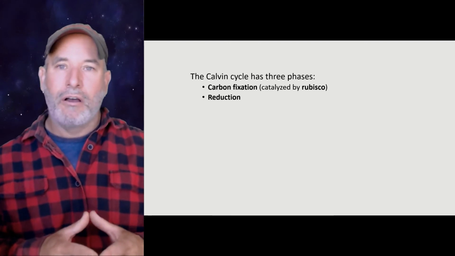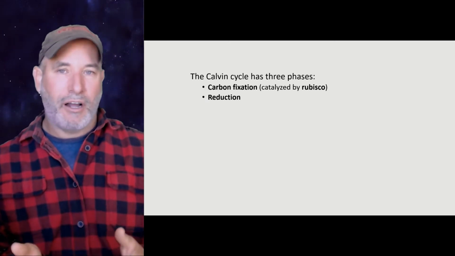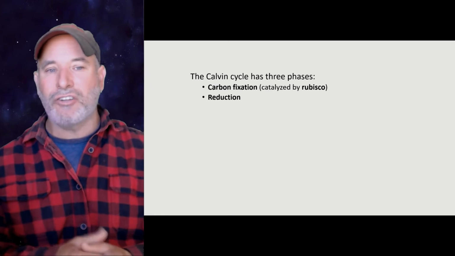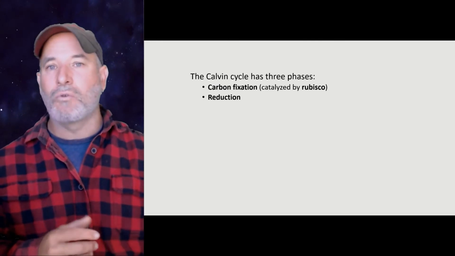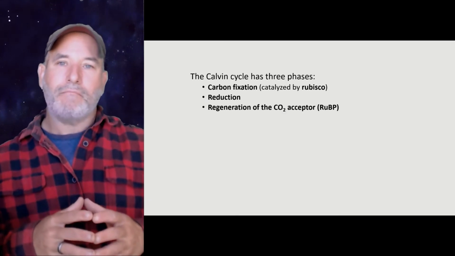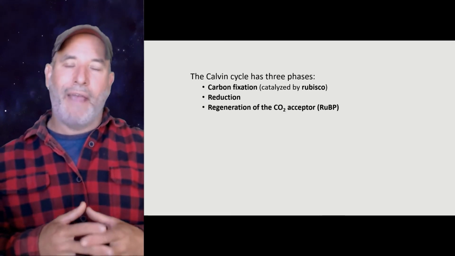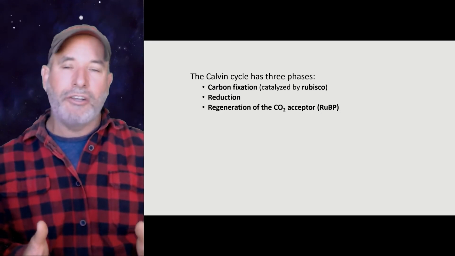And as you know, in the Calvin cycle we have to reduce carbon dioxide into an organic form. We're adding electrons to it. So the third phase here is reduction, and this is where our NADPH is going to come into play. And then we have regeneration. So we have an acceptor, right? We have a carbon dioxide acceptor, and it's called RuBP,